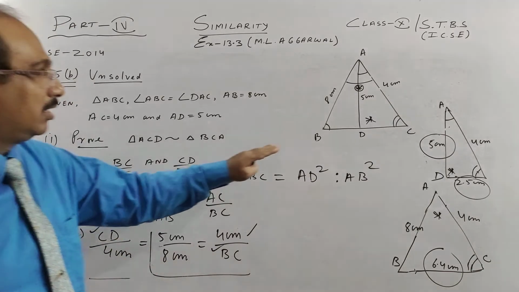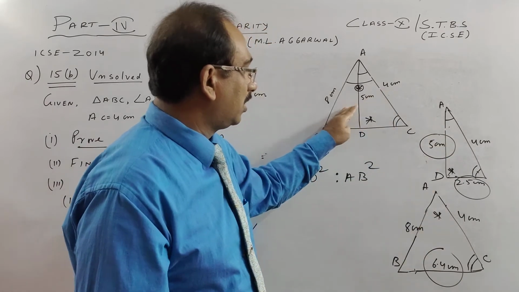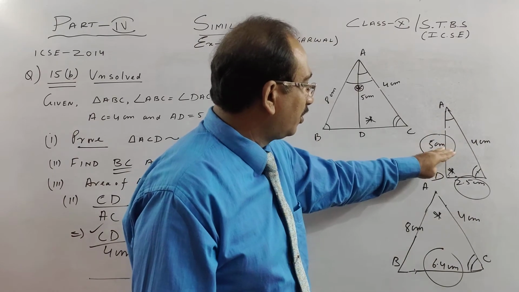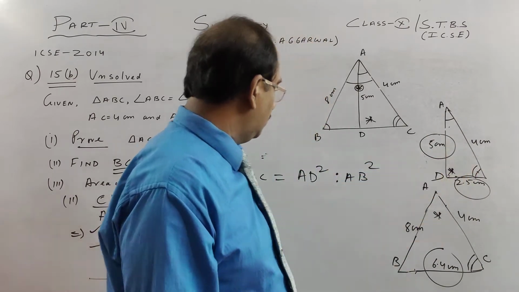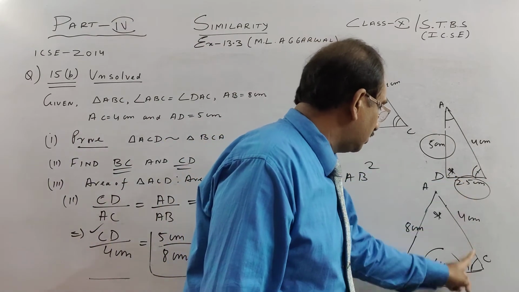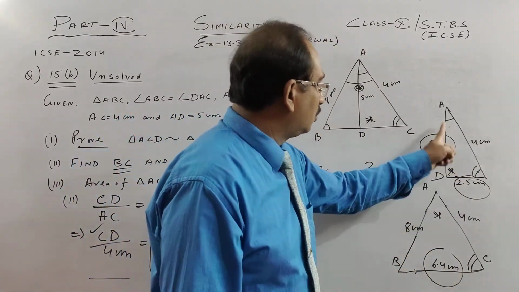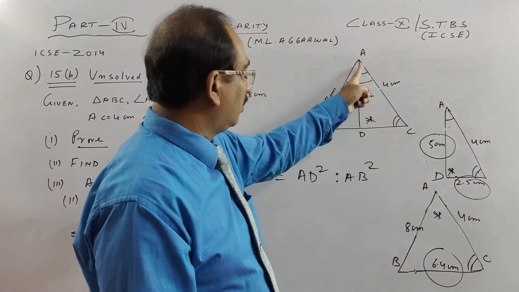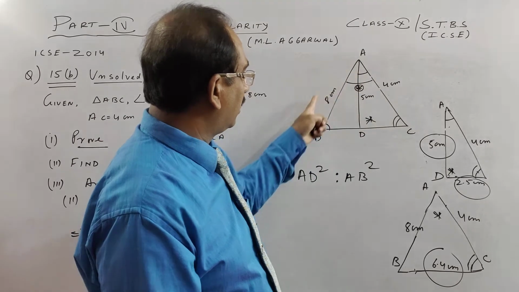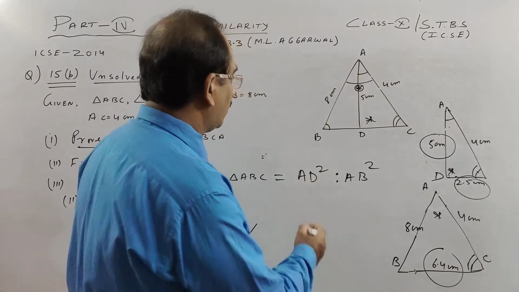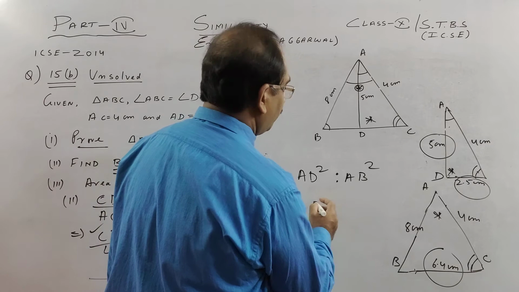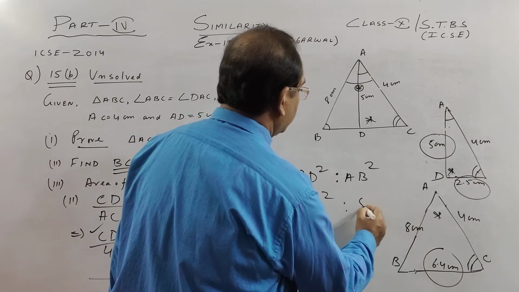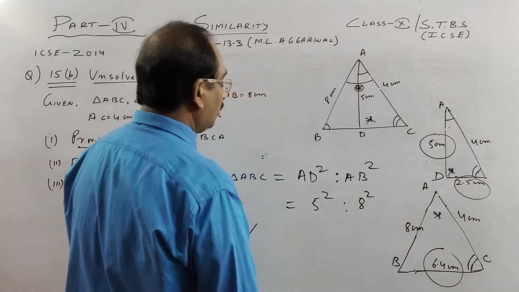So once more, for the area of these two triangles, the ratio is the square of any one side of this and the corresponding side of this. So for 5 centimeters, see here, opposite to this is 5 centimeter, then opposite to this common angle is 8 centimeter. So AD and AB are proportional, because they are opposite to equal angle. In the small triangle AD and in the big triangle AB, they are proportional sides. So see their squares. AD is given as, children, 5 square and AB is your 8 square. They are corresponding sides opposite to equal angle.